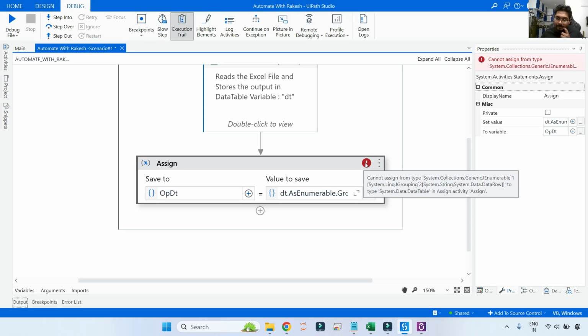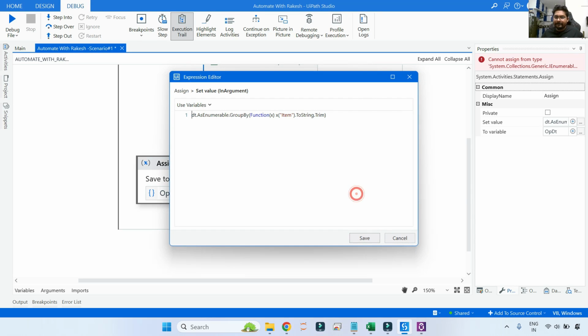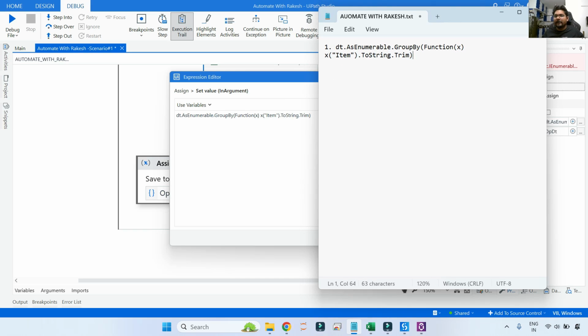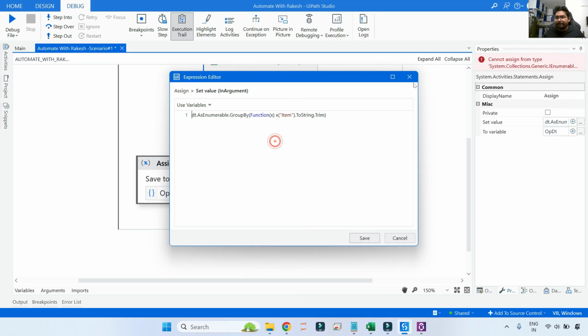I have to show you. So what is the output of this? If I copy this code to a notepad, this is the very first step we have done. So what is the output of this code? dt.AsEnumerable GroupBy function x item.ToString. So what is the output? So the output type is IGrouping of what? IGrouping of, if you read it again,